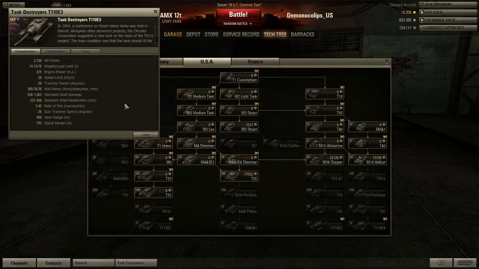Hull armor is 305 millimeters on the front, which is fairly good. Rate of fire is fairly good as well. Damage on the gun could be a bit better. That's about an 18-second reload time, I'd hesitate to guess. I don't have a calculator up, so...